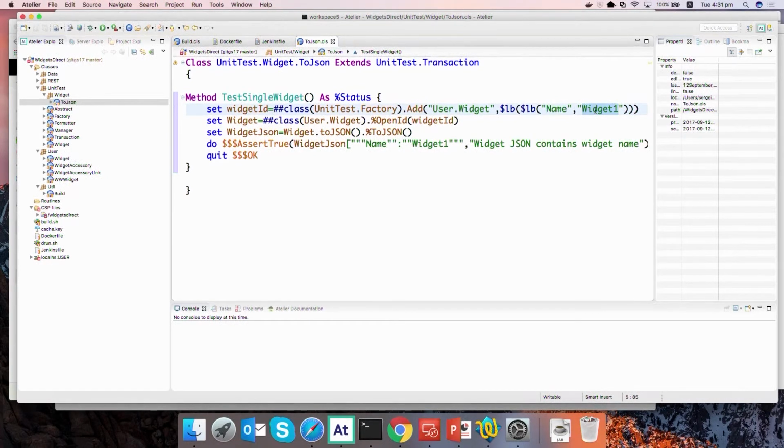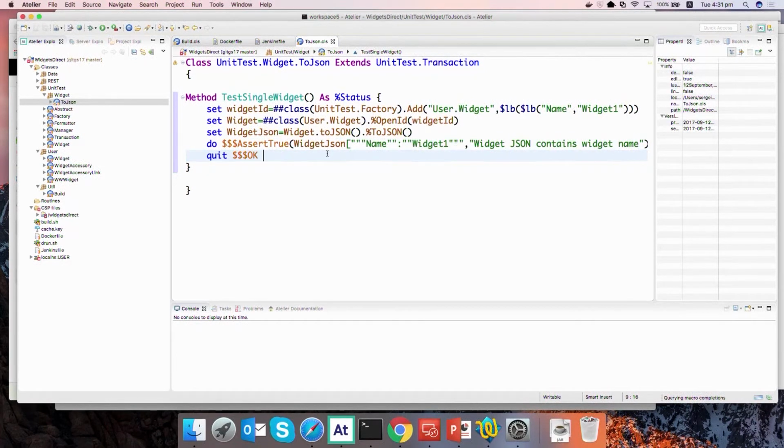And it will save it and return you the ID of this object in the database. So what we are doing with this test is we just create a new widget, open it, convert it into JSON, and then check if we have our name exported as JSON in this assert true